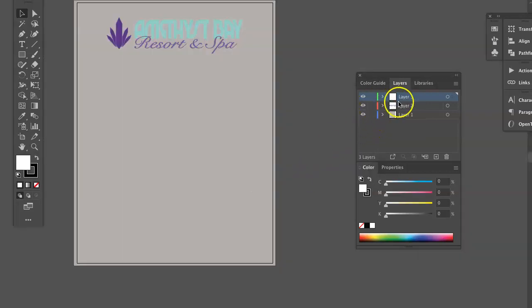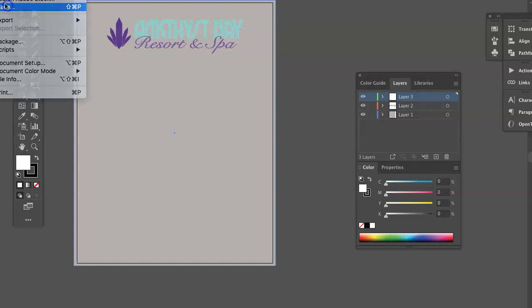I see that you've got each of the requisite layers. Layer 3, I'm assuming, is the silhouetted photo, layer 2 is the vector logo, and layer 1 rather is the solid fill. Okay, so what I'm going to try to do is show you how to embed an image. This is the linked image, which I do not possess, or if I do, it's probably in another folder somewhere. And I want to highlight that layer, File, Place.